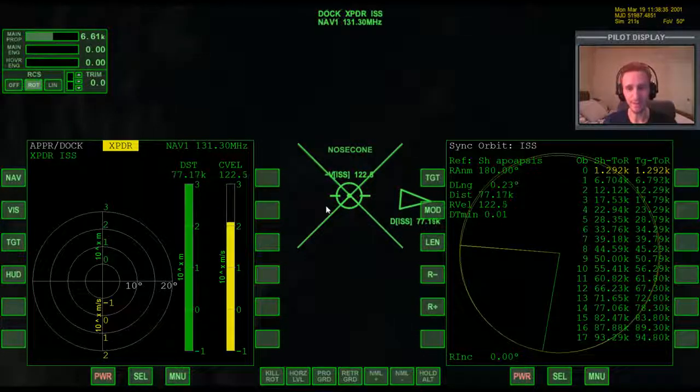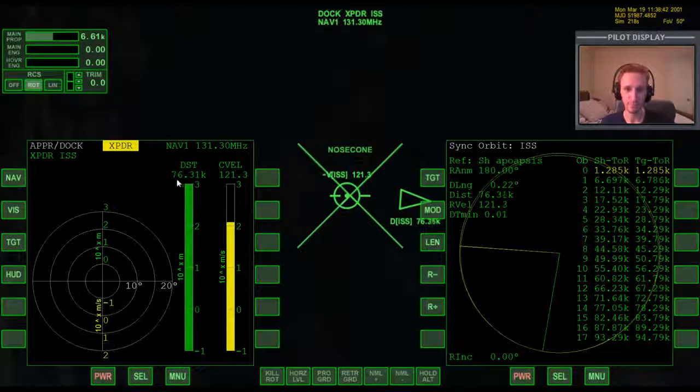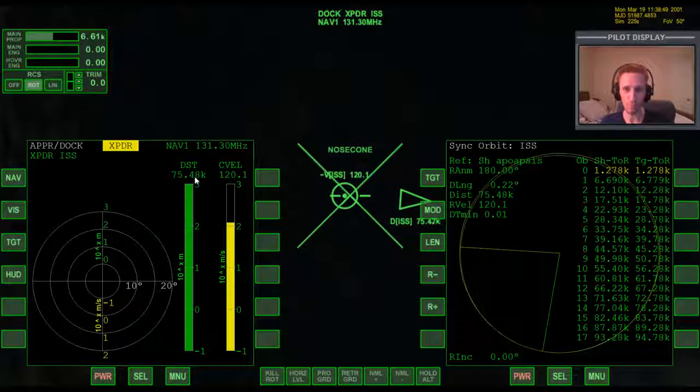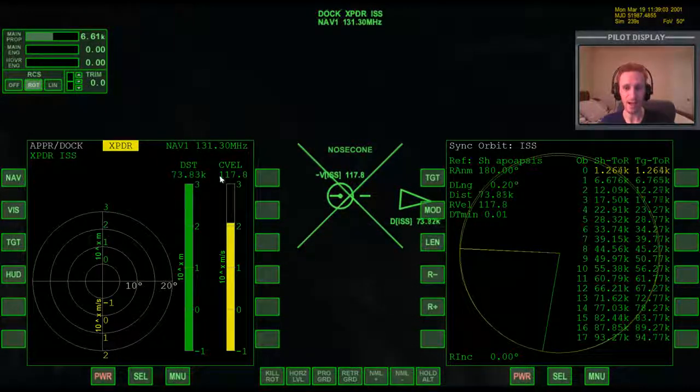You just kind of get a feel, you get a sense of how much time it is taking to travel 1 kilometer. Right now let's count it at 76. Okay, 1, 2, 3, 4, 5, 6, 7, 8. So it's taking us about 8 seconds to travel 1 kilometer. I can just tell, from a little bit of common sense, that I don't need to bring myself down to a zero relative